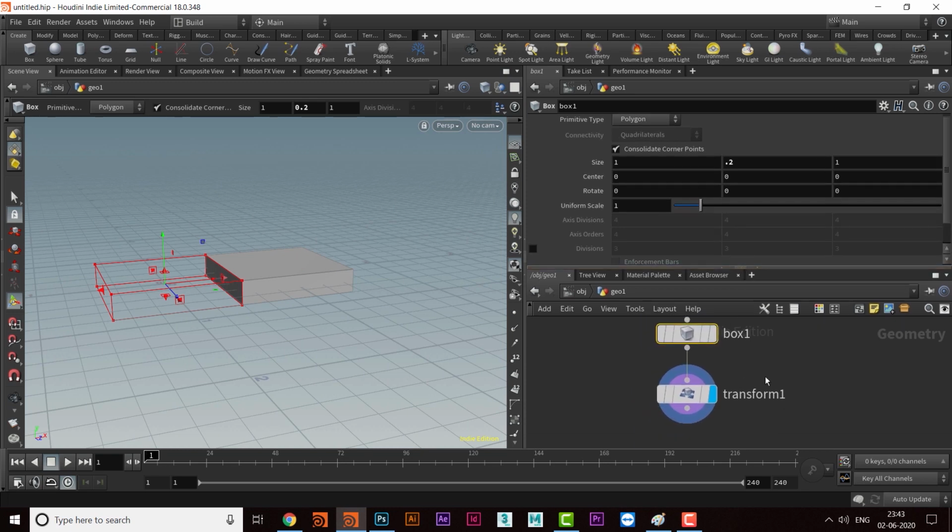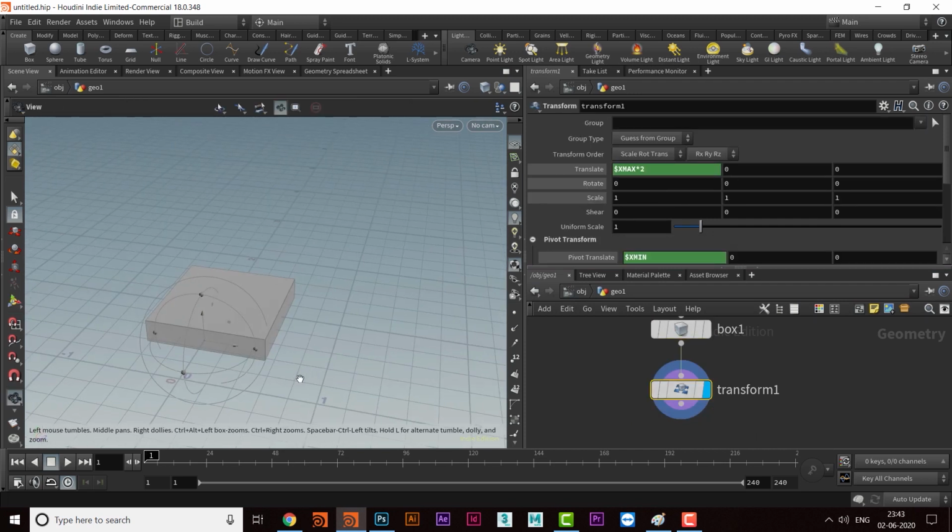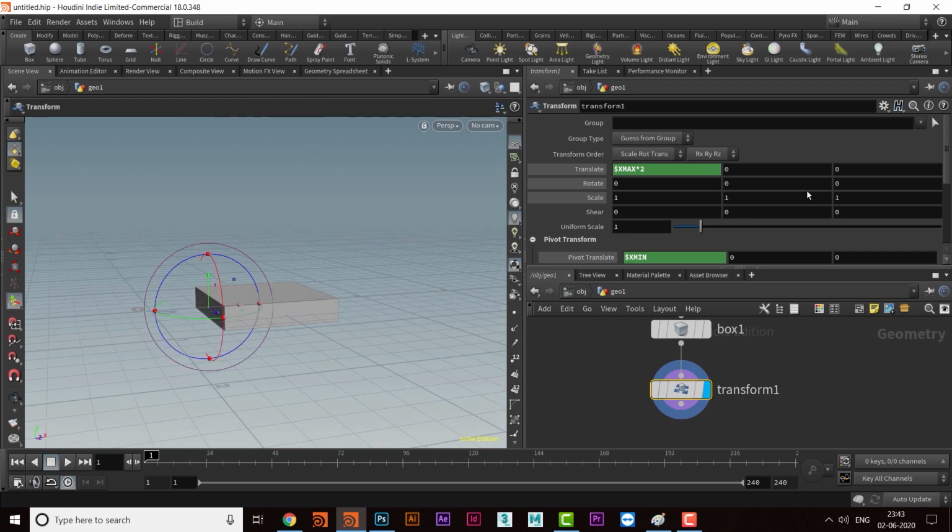And now I want to apply rotation. So I will come here and rotate around Z. This is X, this is Y, and this is Z. And I will take sine again, that is all small sine, and then bracket, and then dollar F, capital F, and into 50 to get a faster value.